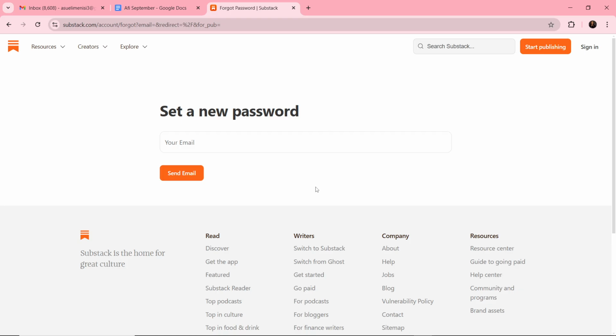Now after confirming the email, the next step is to add the new password. So a new page will appear prompting you to enter the email address associated with your Substack accounts, okay, which we have in here. Then type in your email address and double check for accuracy to ensure you receive the reset instructions. So after entering your email address, click on the send email button, which is here,